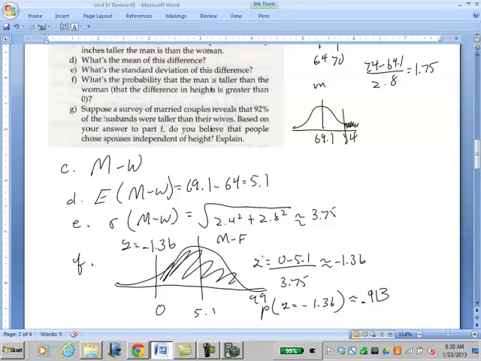It is independent because the probability of a man randomly being taller than a woman is approximately equal to the probability that a man who is married to a woman is taller than her. Everybody got that? Does that make sense? He's completely right. Now, if height was a factor, in other words, every woman wanted to marry a man who was taller than her, and every man wanted to marry a woman who was shorter than him,